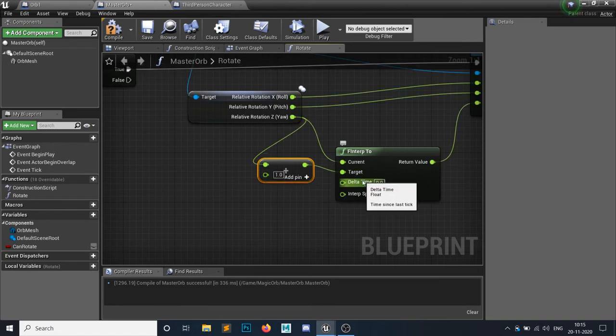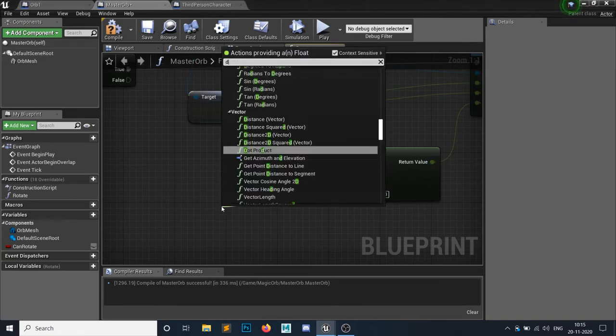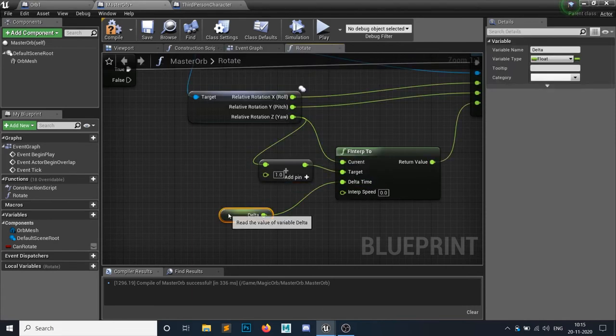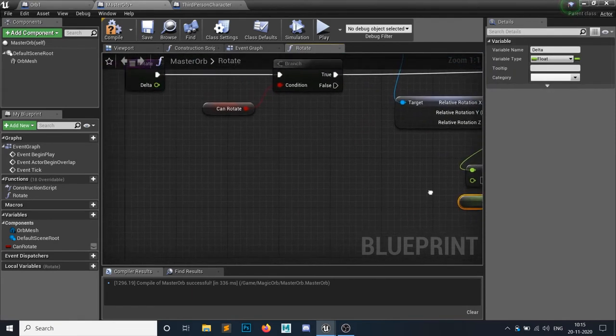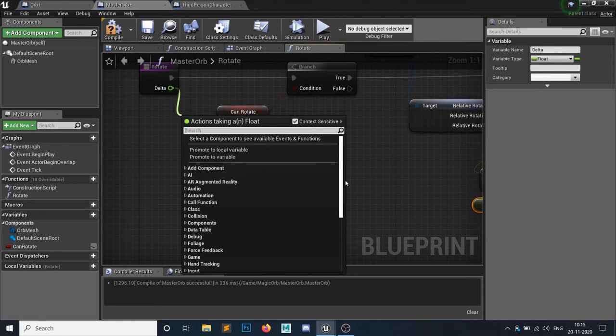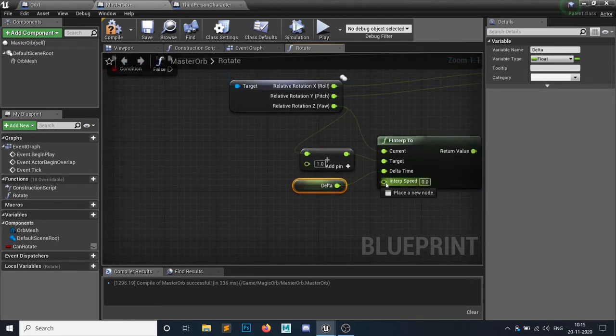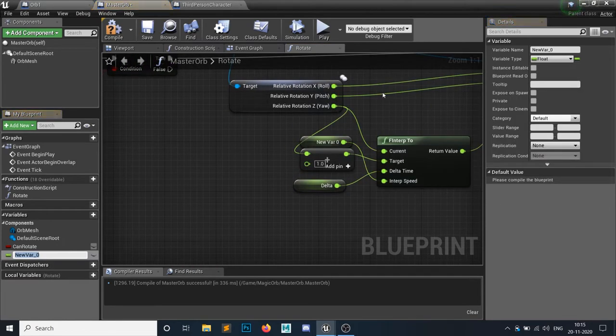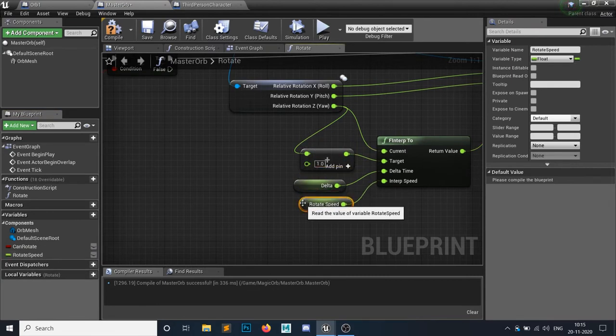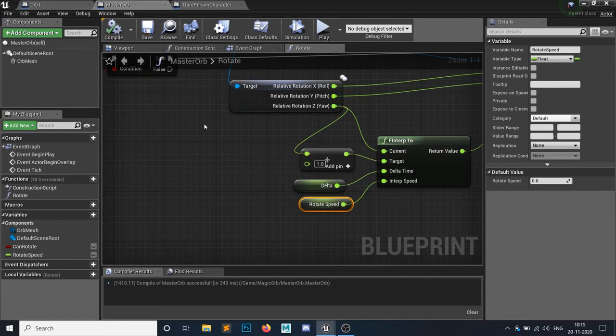Now the delta time would be this delta. So get the delta. This delta is the input parameter of this function. And for interpolation speed, let's just promote it to a variable. I'm going to call it rotate speed. Hit compile, save.